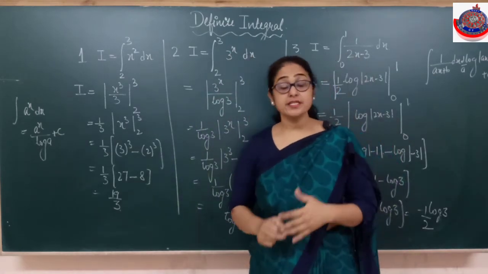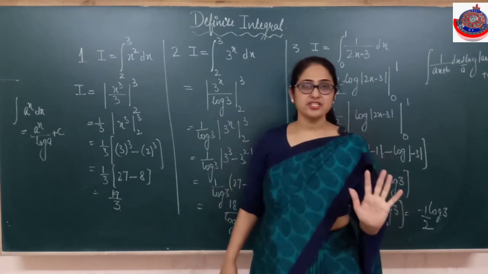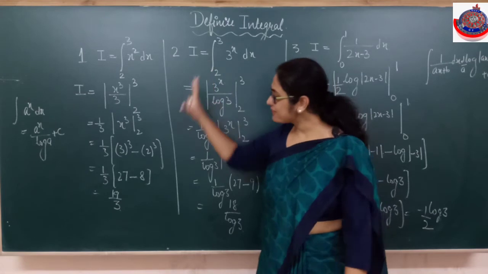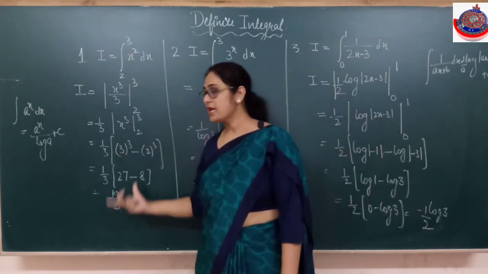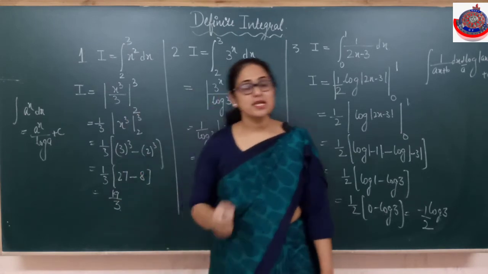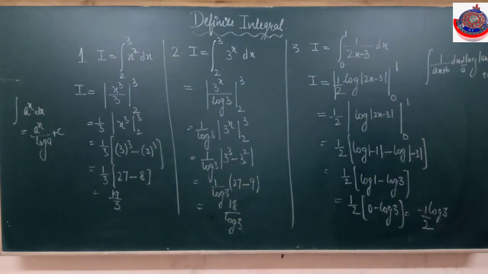You integrate; you have done lots of questions by now, so you know how to integrate functions of various kinds. So you just have to integrate, and what do you do with the limits? When the integration is finished, in the last step, upper limit minus lower limit. That is the rule. Is it clear? Let's pick a few more questions so that things become clear. Then after that we'll start with the next topic.